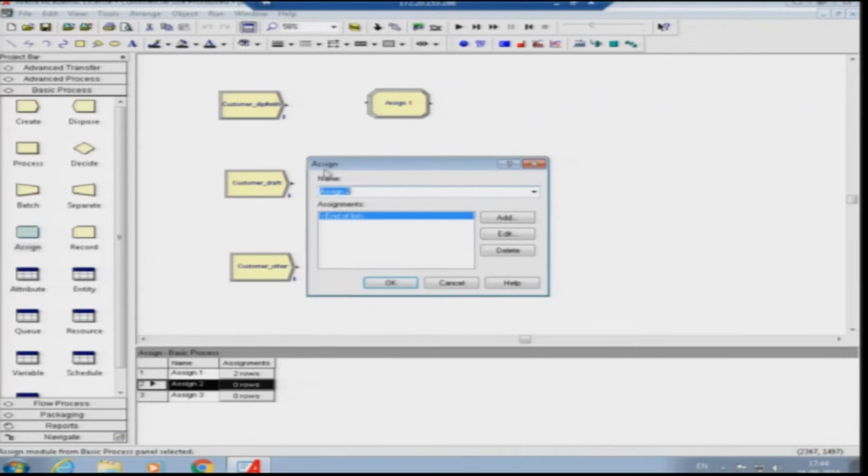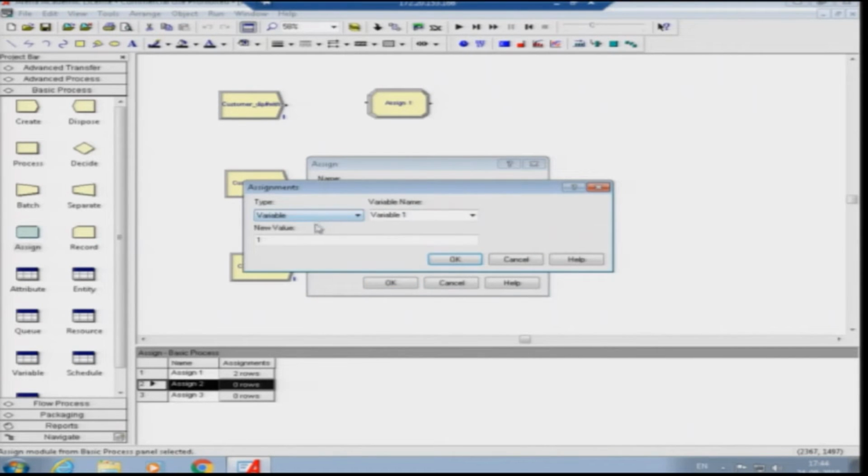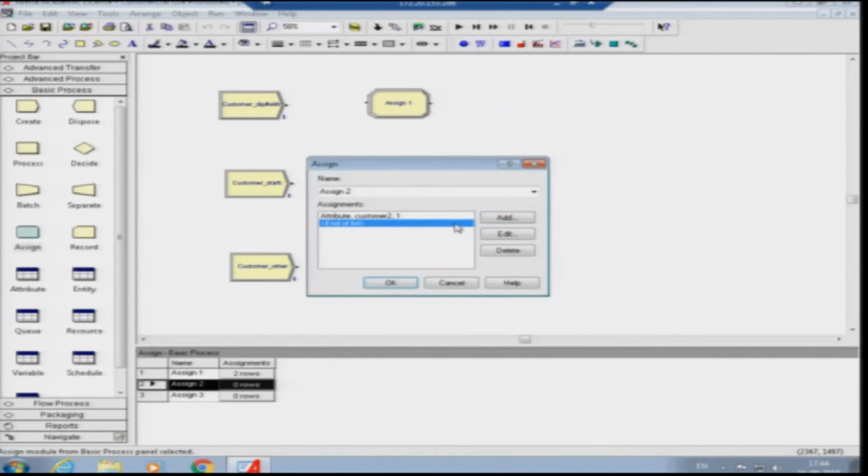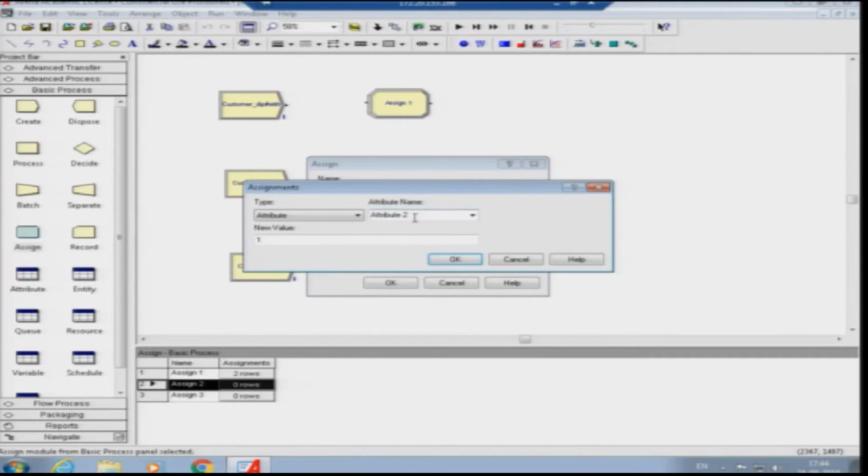So again for the second customer, we will need to add two attributes. Attribute 1, which is basically customer 2, whose value will be 1, and attribute 2, which is basically the processing time.